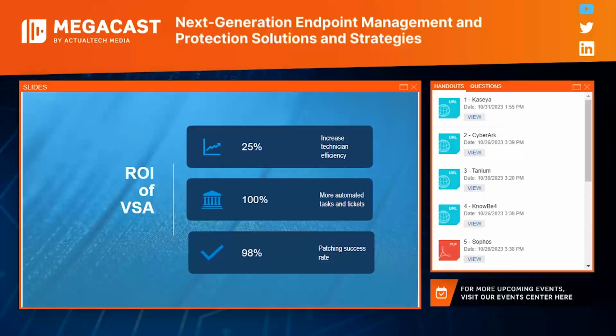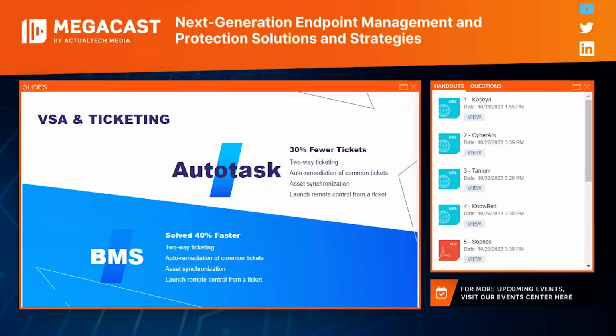I know I've talked a little bit about ticketing today, so I wanted to make sure that I hit that up as well. We integrate with leading ticketing solutions. Obviously, I'm going to be talking about Autotask and BMS, but ConnectWise Manage as well, whatever you need. We've seen a 30% reduction in total tickets, and the tickets that do come in are solved 40% faster. And that comes from a few different places. First of all, from the ability for us to fully remediate a ticket. So if ticket received, that printer doesn't work, reboot print spooler. It also comes from good proactive IT management, resolving things at the alert level before the end user even notices.